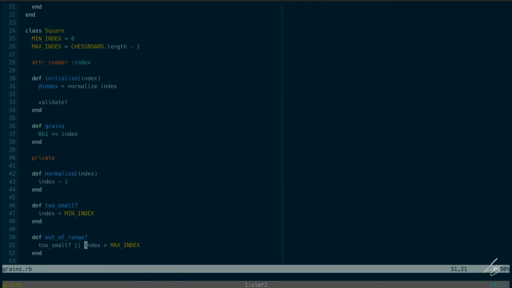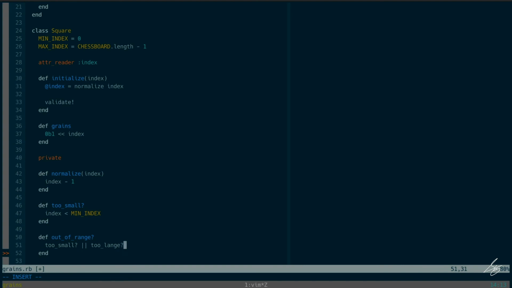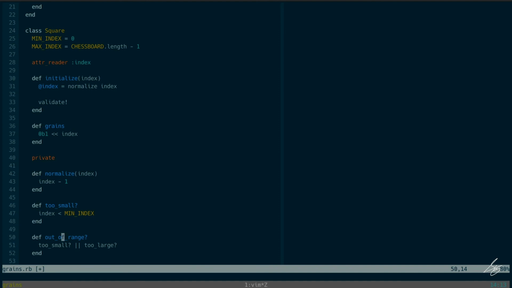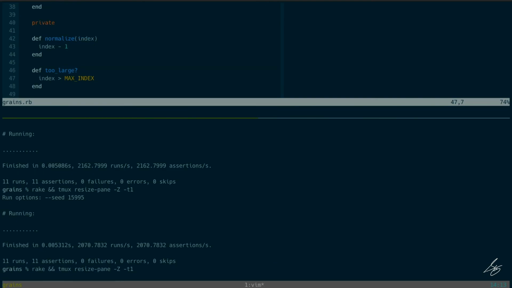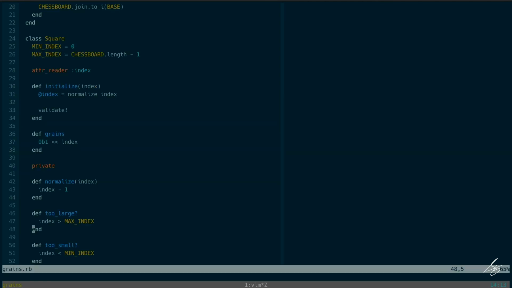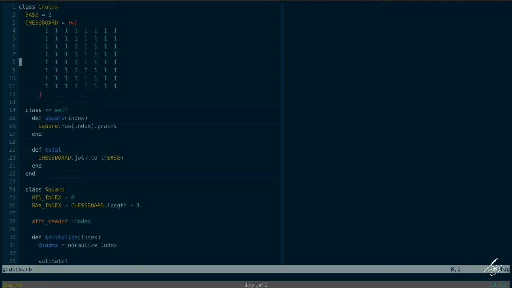And too large? That's what out of range means. Is it too small, or it's too small, or it's too large? Our index. Okay, so this,